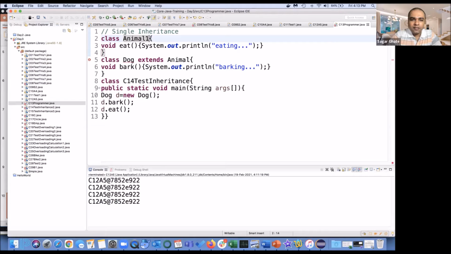So Animal1, and say suppose this is our Dog1 class, and I'm going to create an object of Dog1, d. So we are having class 1, class 2 and class 3. So 3 classes are there. This is our main class.